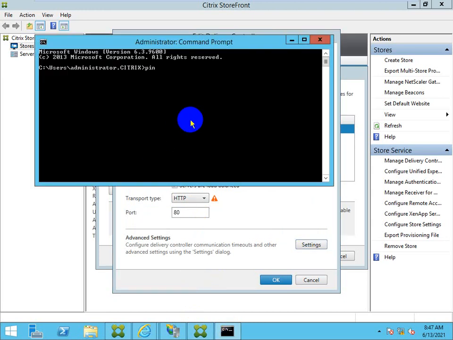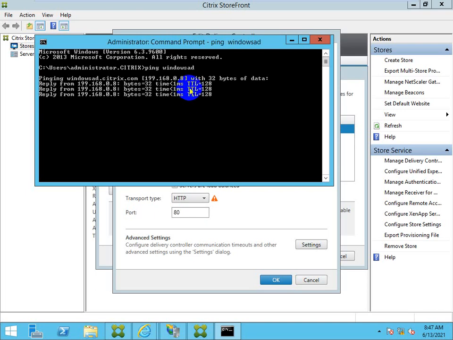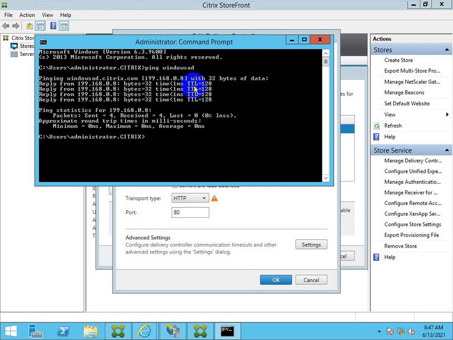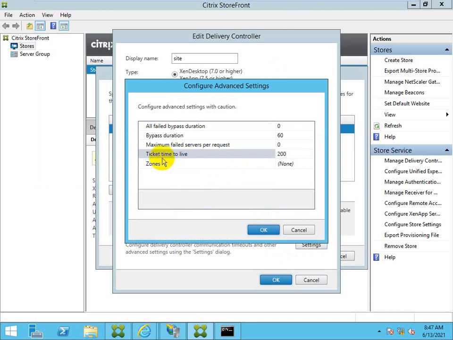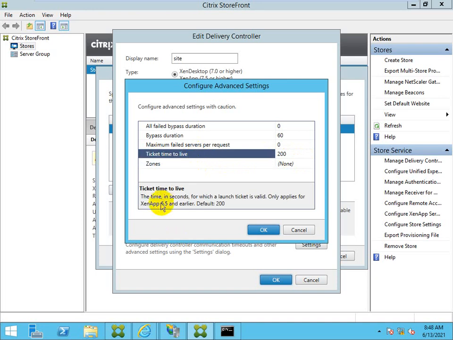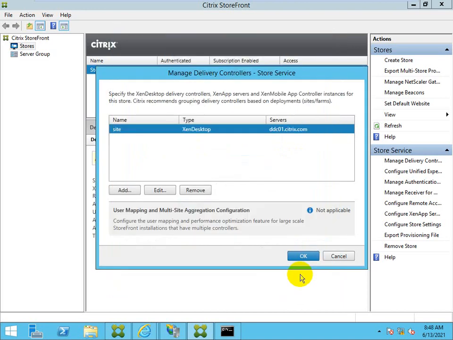Suppose I ping AD, now you can see the TTL. It's the same thing as here, time to live, ticket time to live. It's 200, the time in seconds. Okay, I'm canceling this.